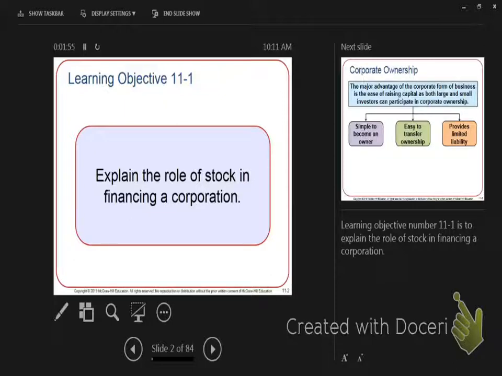And then the third thing is there's limited liability. What do I mean by that? What is limited liability? You don't have to pay them back. What is the most I can lose if I invest in a stock? What I invest. So when Enron went bankrupt, that was the company we talked about with Sarbanes-Oxley, what did people lose? Their retirement amount. Unfortunately, a lot of them lost a lot, but that was because of how Enron was set up.